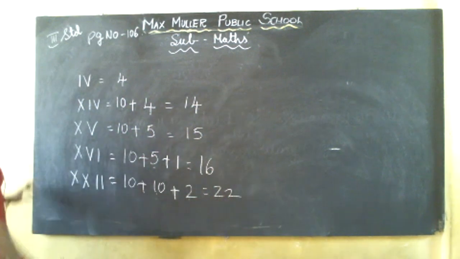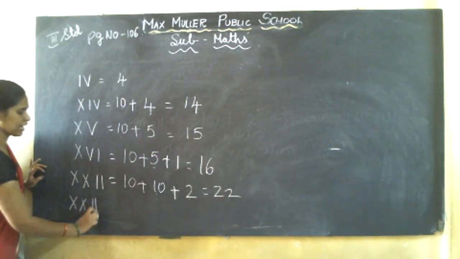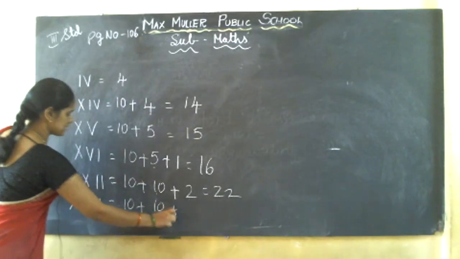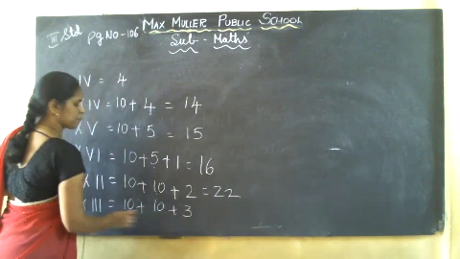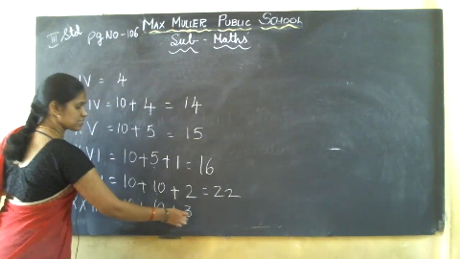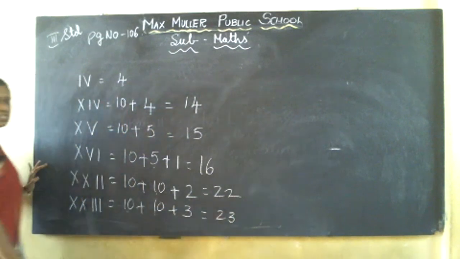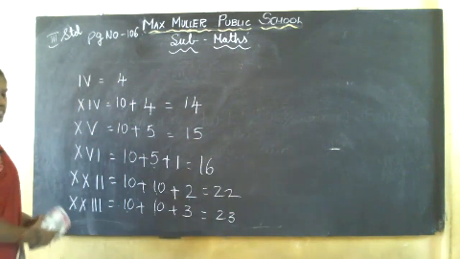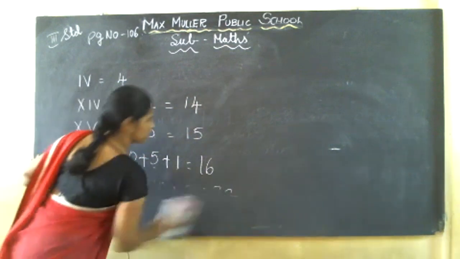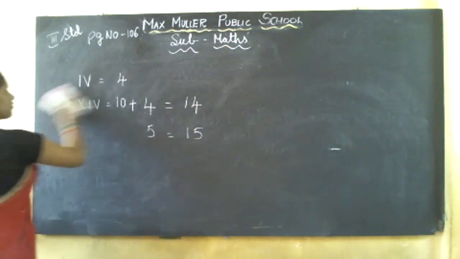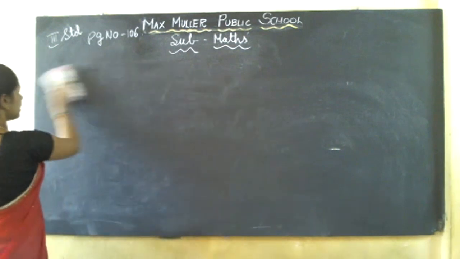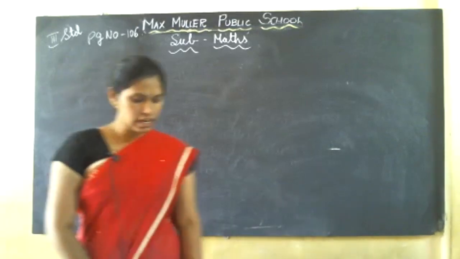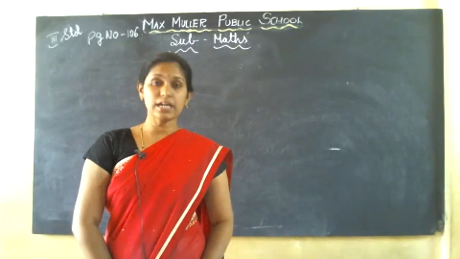Understood all of you? Now see here, XXX, if they put 3 lines, 10 plus 10 plus 1, 2, 3. So 10 plus 10 is 20. 20 plus 3, 23. Like this you have to split and write it down. Understood all of you? Next here, no need to copy down this one. Here first we'll write the table, then afterwards you can easily understand that one.